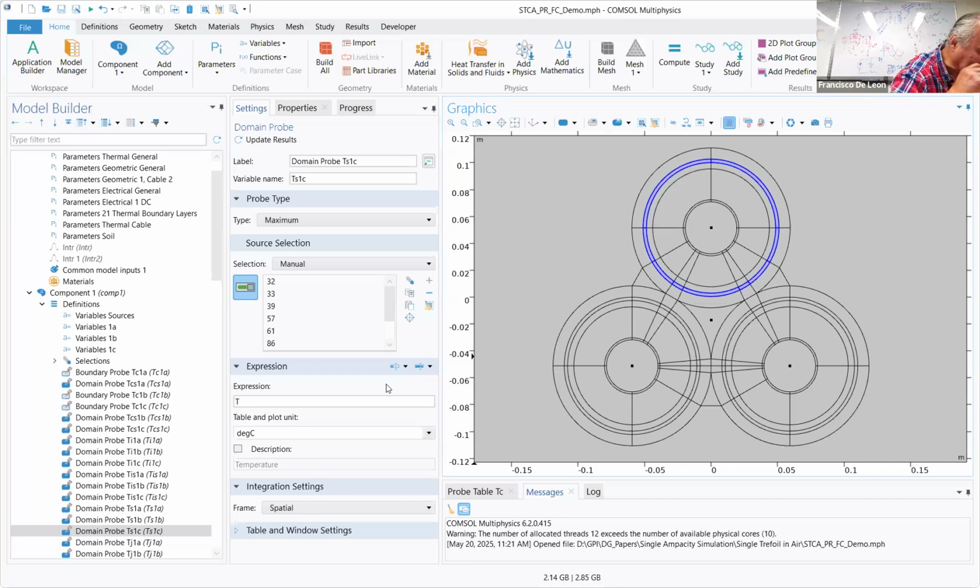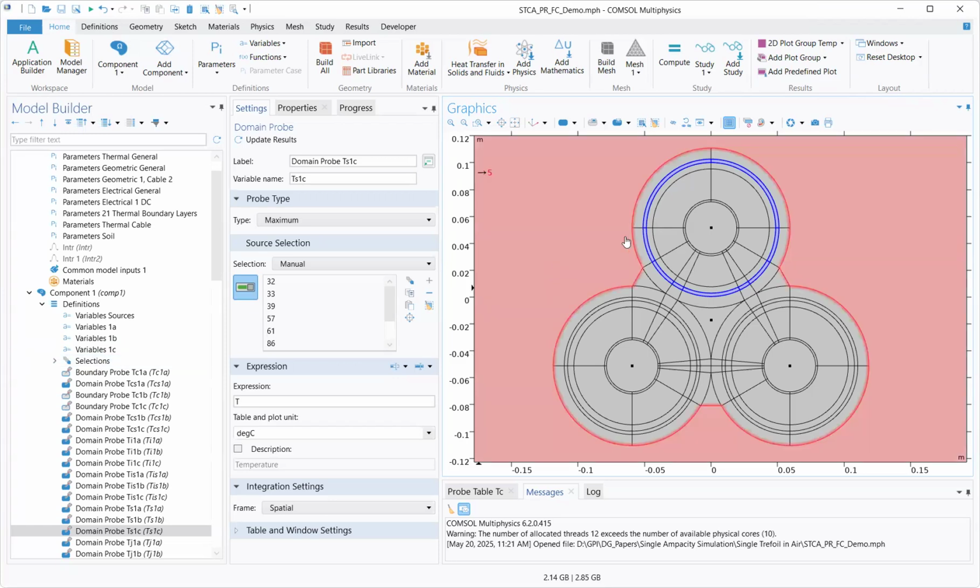Continue, please. Yeah, so everything that we apply for the power cable transfers to a transformer model, right? Because at the end, the transformer has a winding, which consists of conductors, right? We have insulation, so those conductors are heat sources. So everything transfers. So once we apply the probes to all the elements and boundaries that we want to monitor,